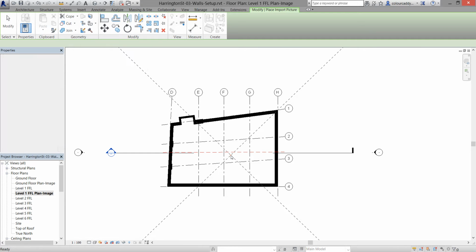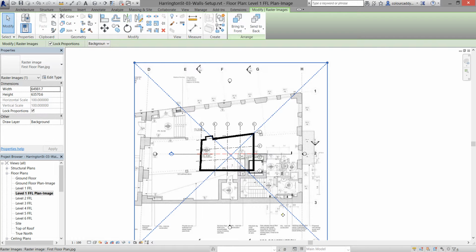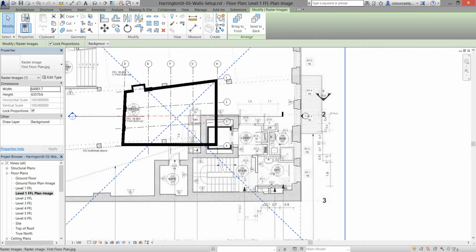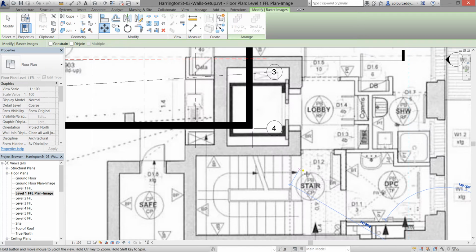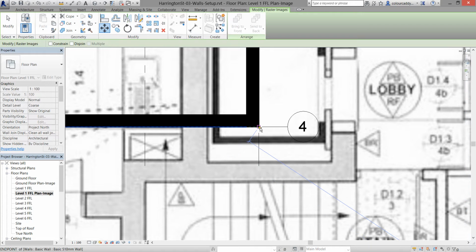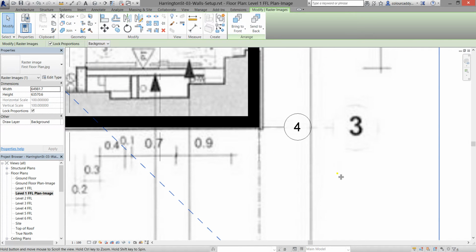And I'm just going to place that very roughly into my view by clicking, and then with the image still selected I'm going to click the Move tool, snap to a point on the plan on the corner there of the wall, and then bring that across to the corner of the wall that I've drawn in Revit. So then I'll zoom out so I can see